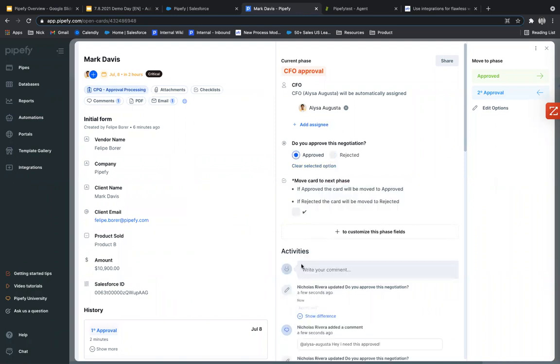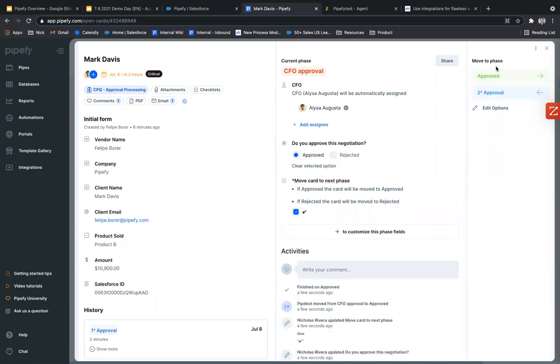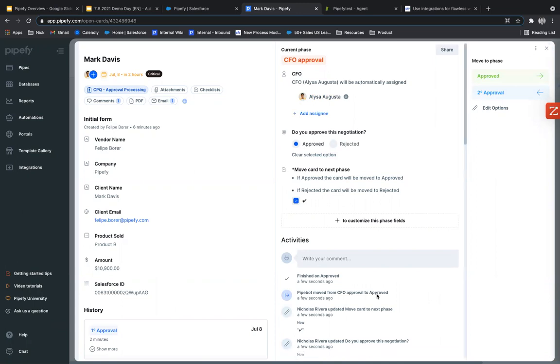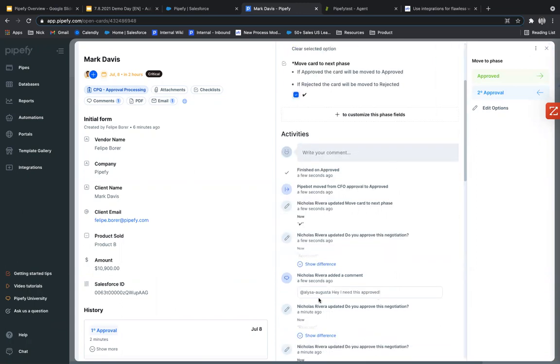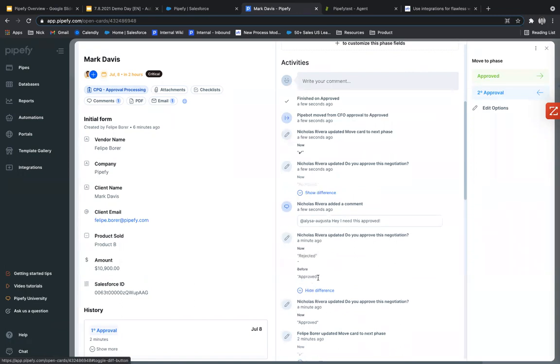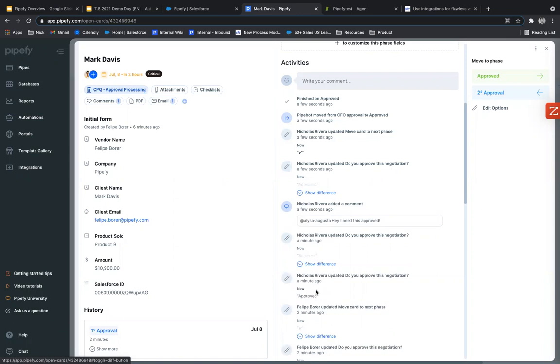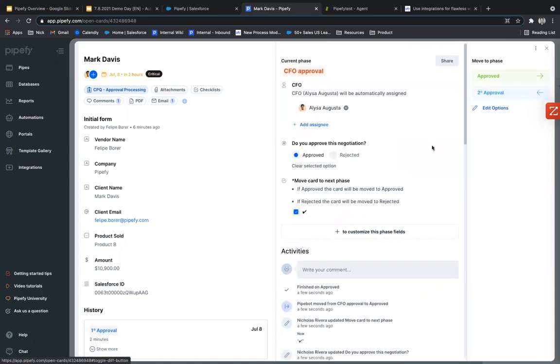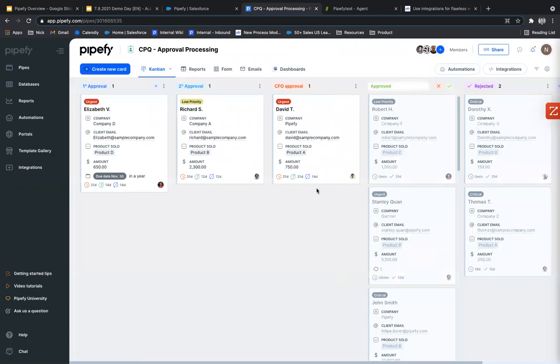So if we approve this request, we'll say it's approved. Alyssa hit the box, checked box, looks great, fantastic. Again, talk about audit log. We're not doing this in Slack. We cannot audit an email, but all of those activities are checked and shown here for reference. And you can actually see the differences in fields as we fill them out, which is very key and important for when we look at, well, what the heck happened in this deal? We can see that here, right? And now it's gone. So that Pipefy deal that we pushed in from Salesforce is now in the approved stage,